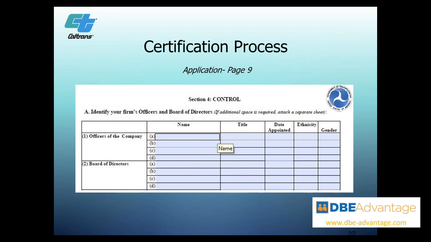So in addition to that, it's also going to be looked at for purposes of, when we look at your tax return, or when you're looking at the statement of information for the state of California, or any other documents. They're just going to follow it. They're going to confirm that in fact the information you're providing here is current, accurate, and complete.